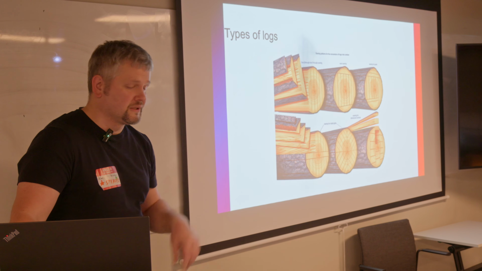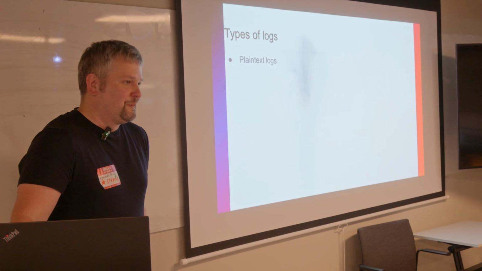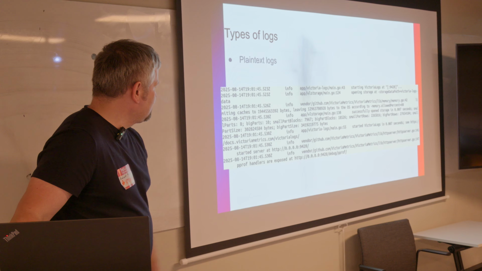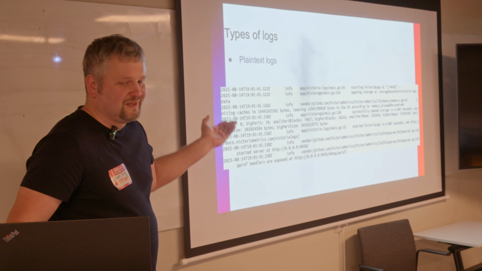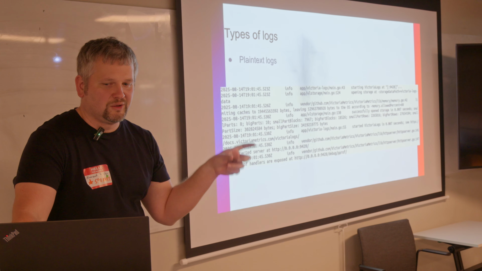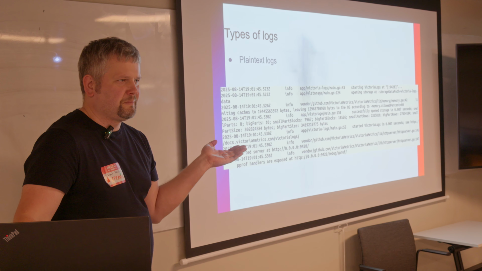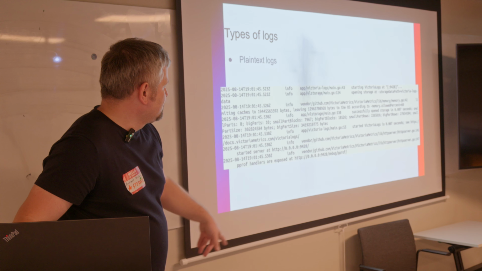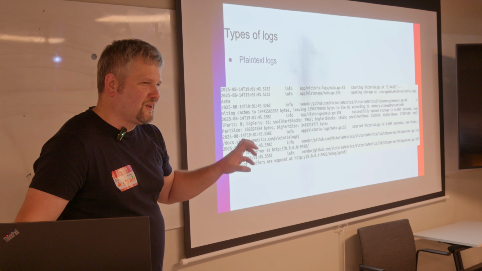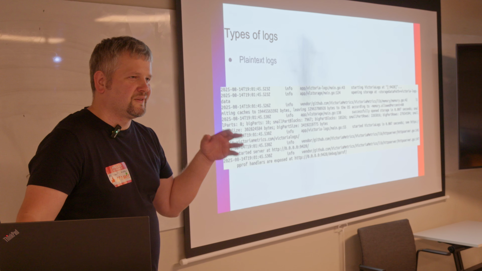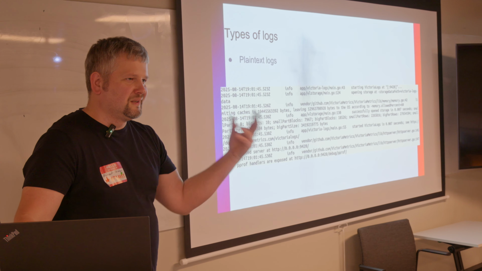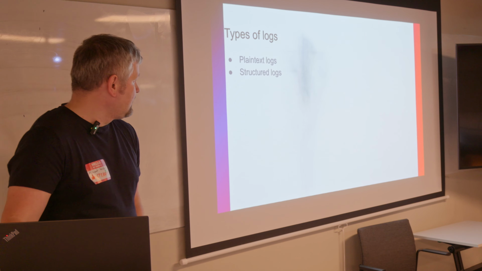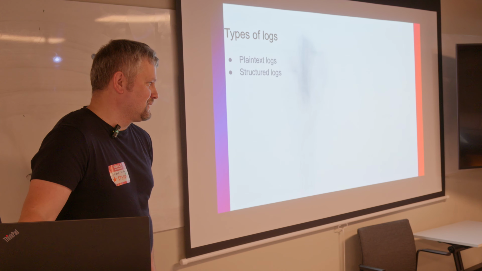Which types of logs exist? Of course, there are plain text logs, like in this example. Every line represents a single log entry, and it has a plain free form. But if you look closely at every line, you will see that it contains some structure. But this structure isn't fixed, and it can be different across different log lines. And that's why